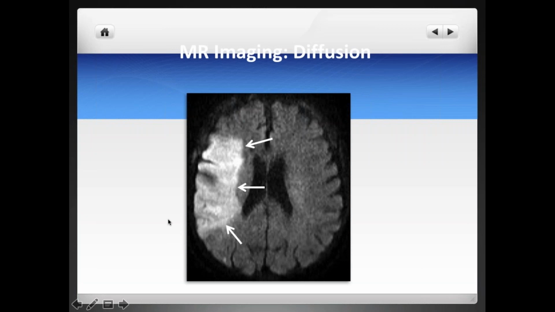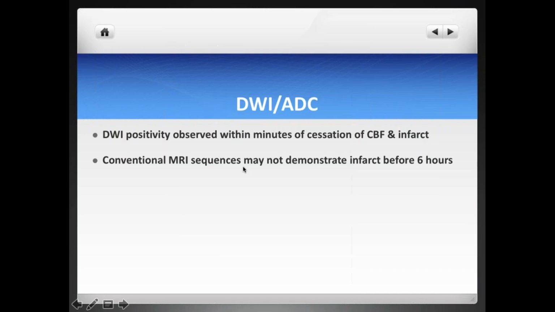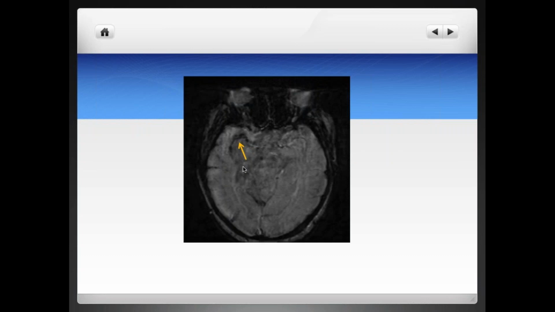Diffusion weighted imaging, which I'm sure all of us here are familiar with, is going to measure exactly what the core of the infarct is. So you see here, there's a very large infarct involving the right MCA territory. So, we can measure the penumbra. Of course, you could argue that you could measure a clinical penumbra based on the patient's presentation, but in any case, a pretty sizable right MCA stroke. And as I said, a little bit more about DWI and ADC: they become positive right after the stroke onset.